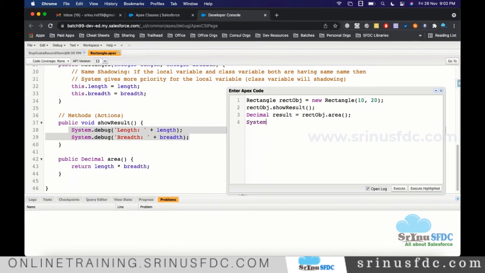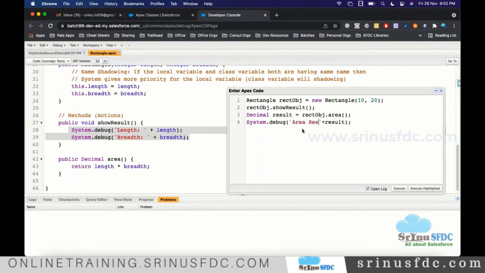So System.debug, and here I am saying result. But while printing, I want to know as a developer why I am printing that value, for what purpose. To have more clarity, I am appending a string. It can be anything, whatever you feel, for our understanding.